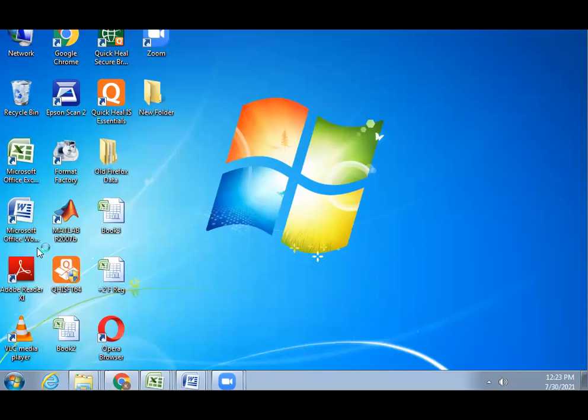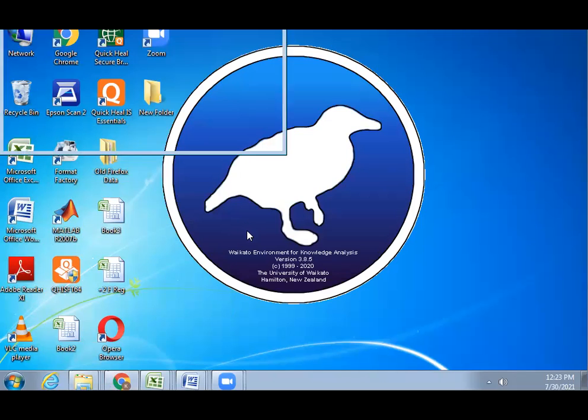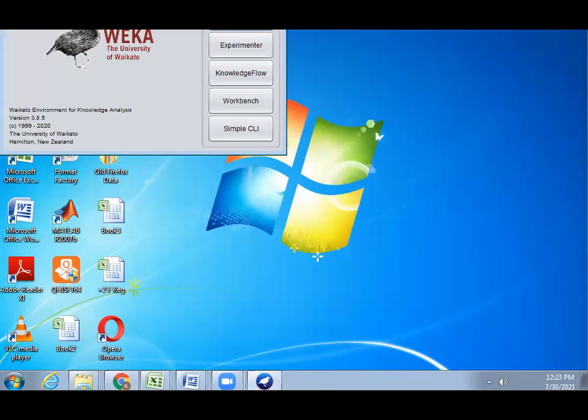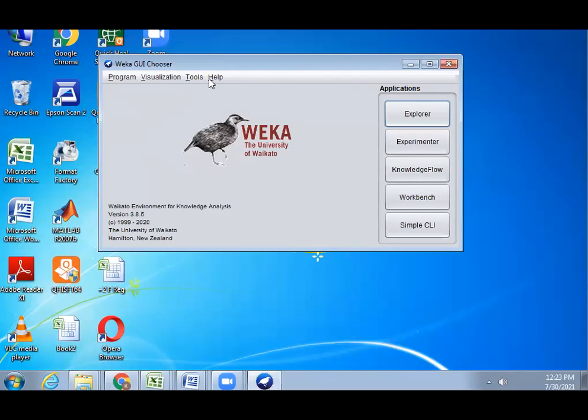Then we process the pre-processing using the Weka tool. Now the Weka toolbar can be opened. Now if we want to get a data set for analyzing the process, just this